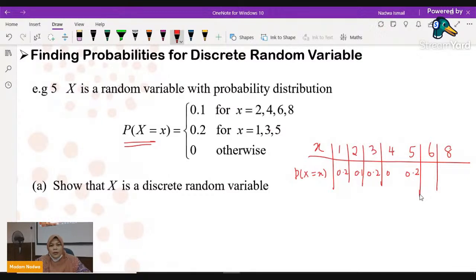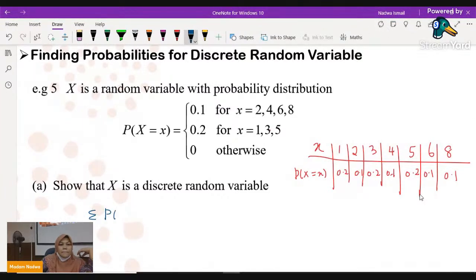0.1. Untuk 6, 0.1 and untuk 8, 0.1. So nak tahu sama ada this random variable adalah discrete ataupun tidak, ada dua syarat yang kita kena buktikan dekat sini. Apa syarat yang pertama? Ingat kan hari tu saya kata summation